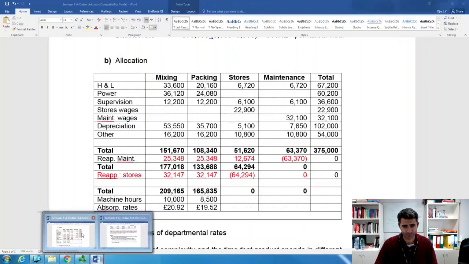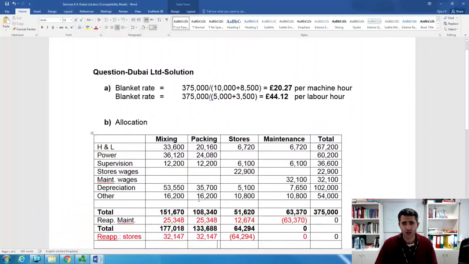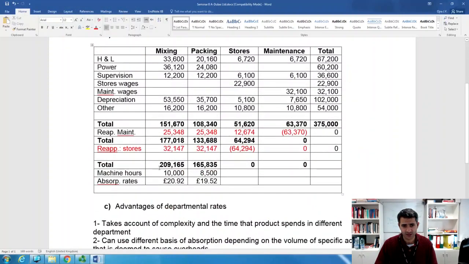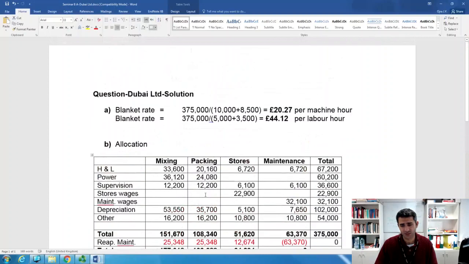As you see in this question, we calculated the blanket rate here, but here we calculated the departmental overhead rate. So the question asks why it is more beneficial for the company to calculate the departmental rate